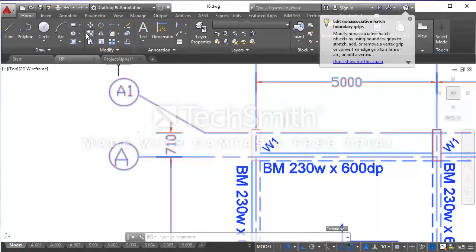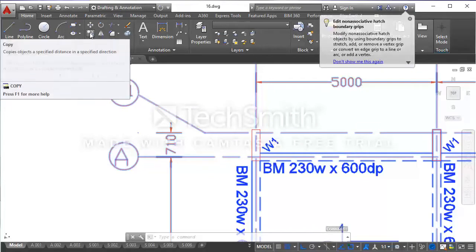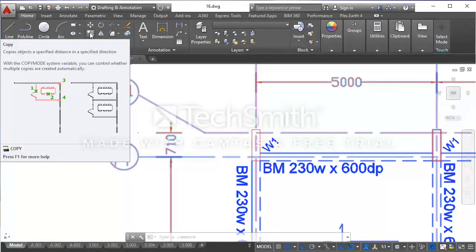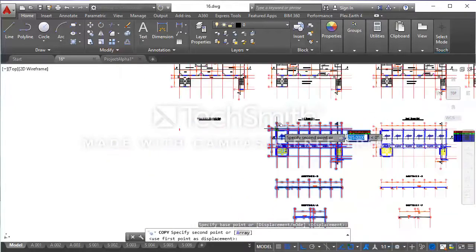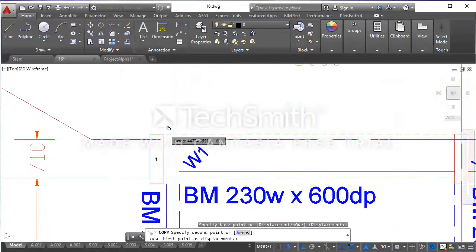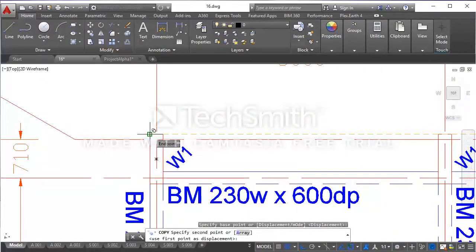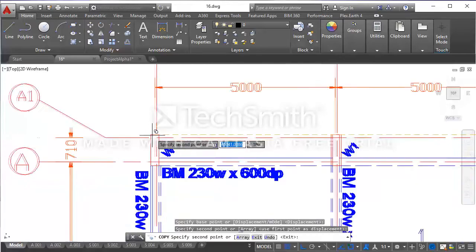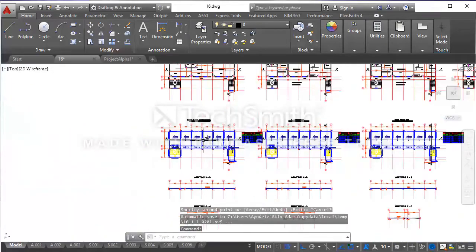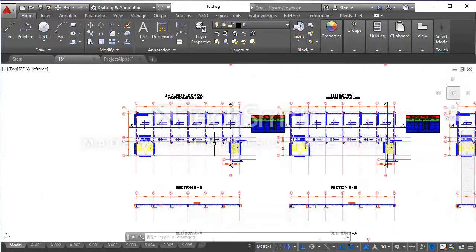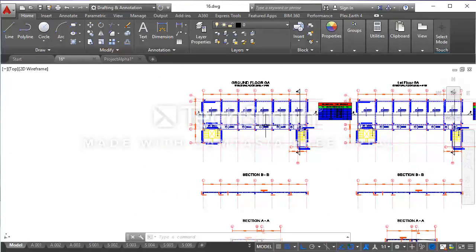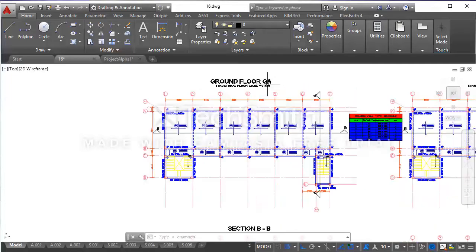I'll use the copy command on my ribbon in the home tab and use the base point at the top left corner of this structural wall as my reference. I'll paste it at the top left corner of this structural wall here. So I have pasted the ground floor gen element drawing from the first floor gen element drawing.